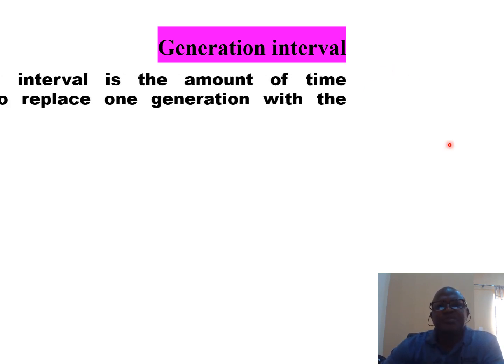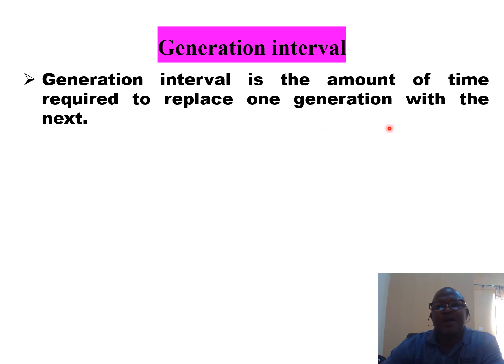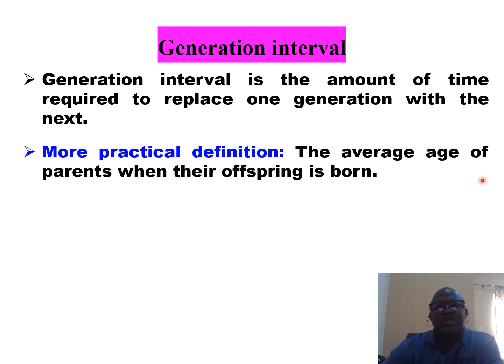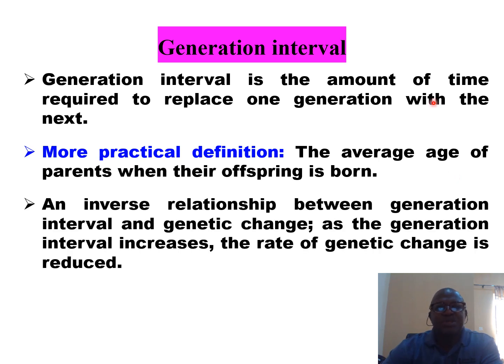Generation interval. This is just the interval or the amount of time required to replace one generation with the next one. You can also look at it more practically as the average age of the parents when their offspring is born. There's an inverse relationship between generation interval and genetic change. As the generation interval increases, the rate of genetic change is reduced. This means that if it's going to take animals a long time to attain sexual maturity and then start reproducing, then the rate of genetic change is going to be low, because it's going to take a longer time for